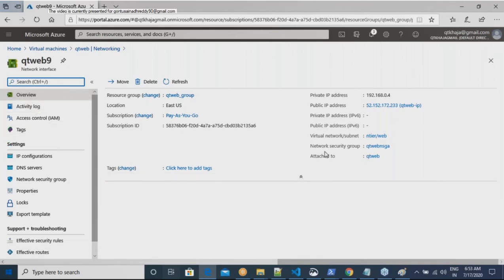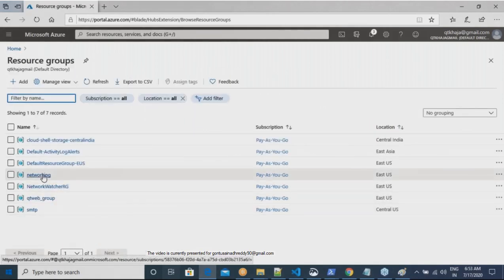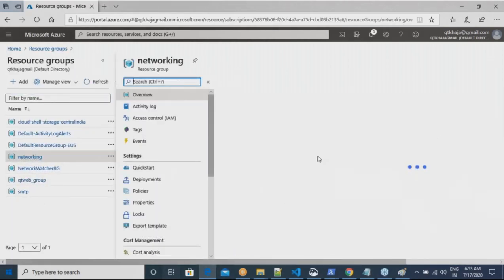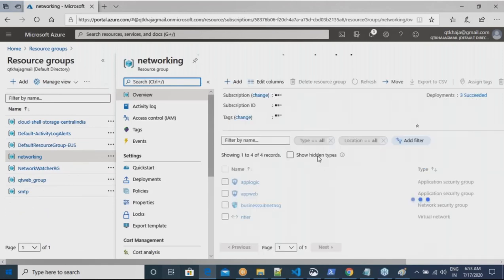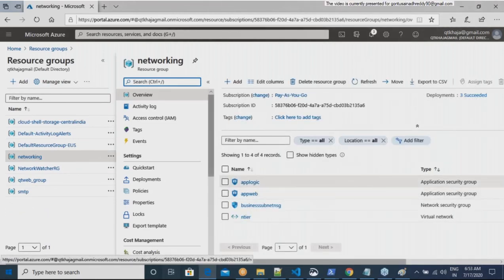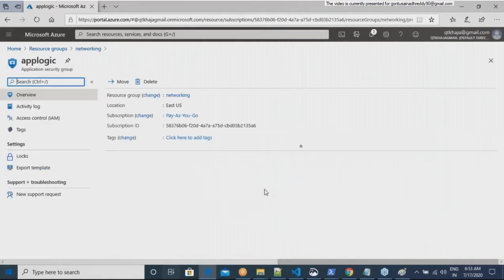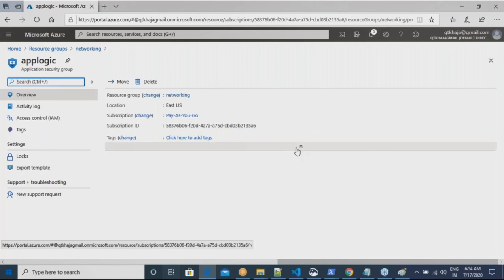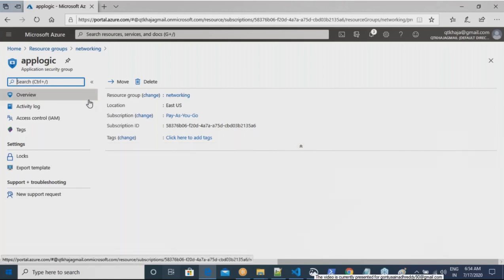Now let me get into my resource group, networking, and app logic. In app logic you would not have anything. The only thing you have to do is attach this application security group to your network interfaces.